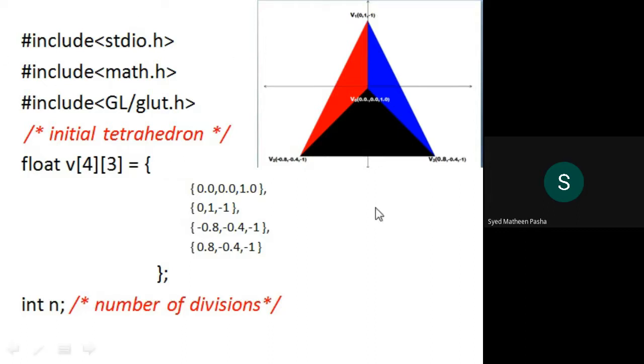We'll be giving some libraries as well as preprocessor directives. We have defined the GLUT library here. First, I'll start drawing the tetrahedron, which consists of 4 faces with respect to 3 vertices. So I'm defining the vertices with respect to an array [4][3], and I'm giving parameters for that particular array, with the help of which I'll be drawing a tetrahedron.